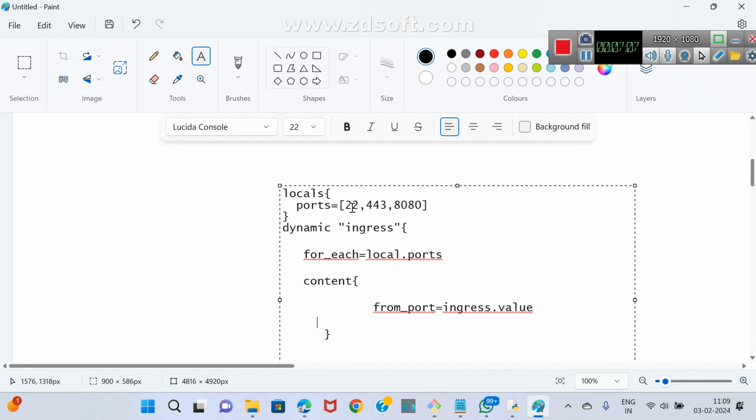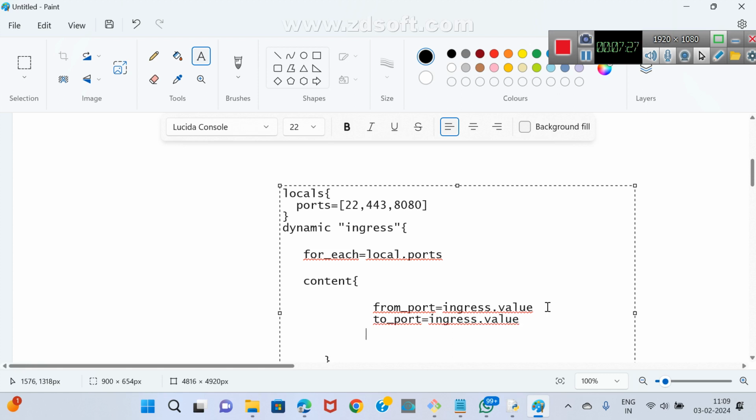In ingress, this is the 0, this is the 1, keys are nothing but 0, 1, 2. Values are nothing but 22, 443, 8080. In the same way, here to_port is equal to again ingress.value.